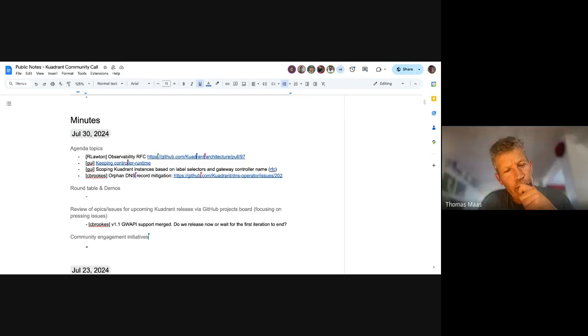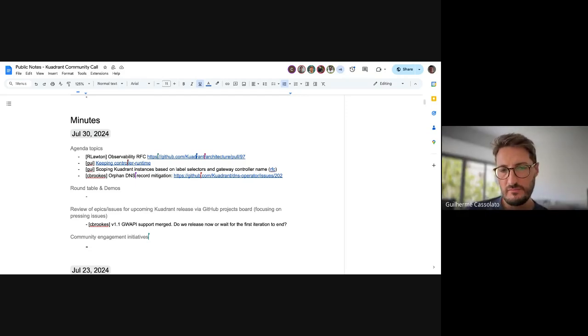I think you were first. Yeah, on the same thing actually. I'll go to the RFC and drop some comments there, but I also want to leave here a thought that, to avoid overloading the term, I would try to keep the usage of the word policy in the same sense as Gateway API describes it. It's something that augments the behavior of a resource, the policy resource targets, right? Which seems to be the case here.